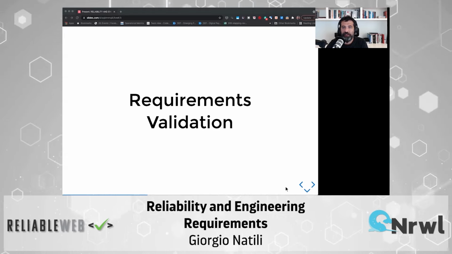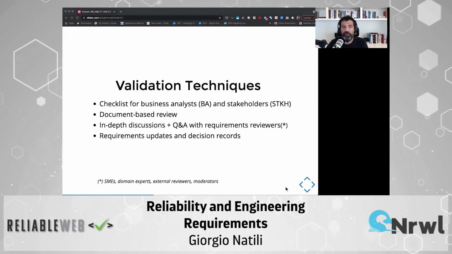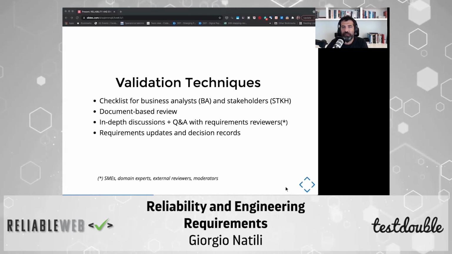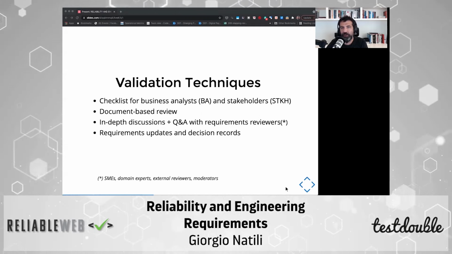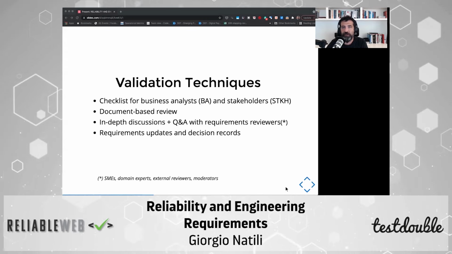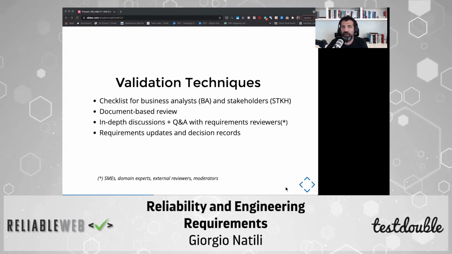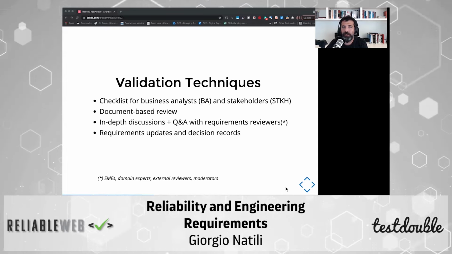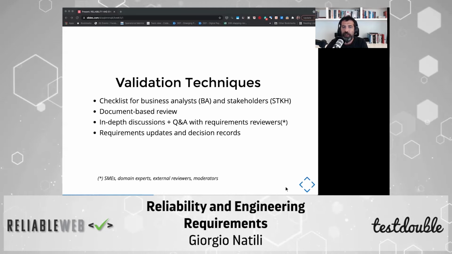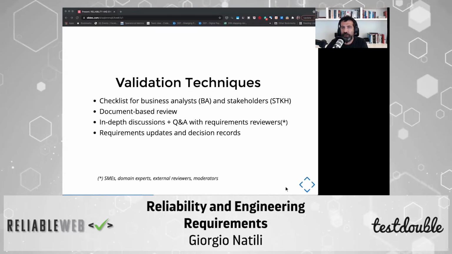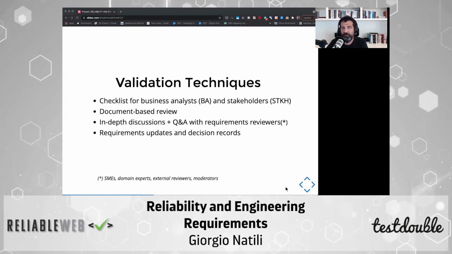There are several techniques to validate the requirements. For instance, you can use a checklist. A checklist is nothing more than a set of standard questions that you can define and that you want your stakeholders, your engineers, your QA engineers, your technical program managers, your agile developer leads, whatever the stakeholders are, to use when they're building a requirement for you. The checklist is nothing more than a tool to drive the thought process of others and to avoid common mistakes.